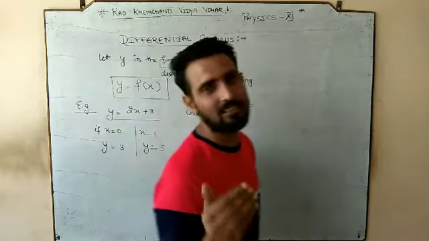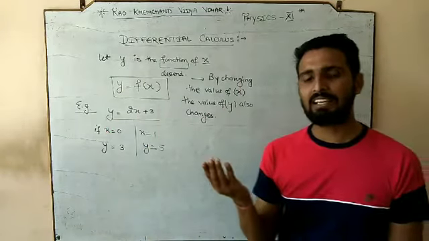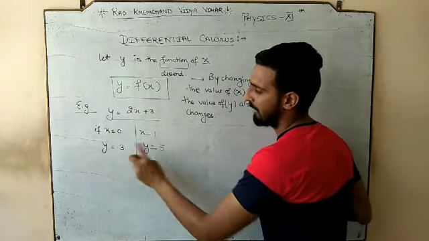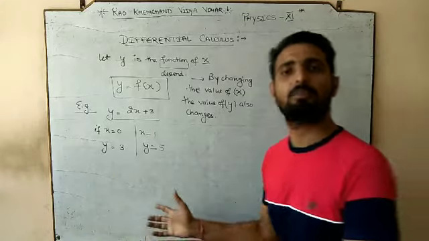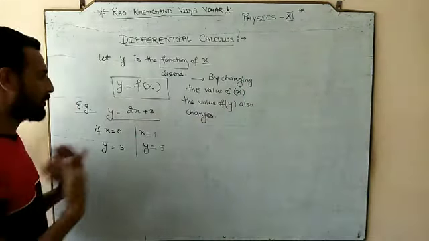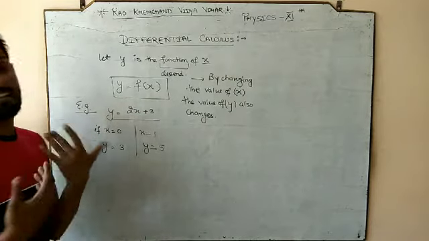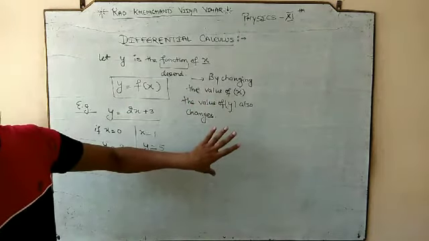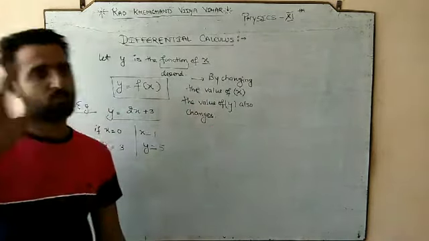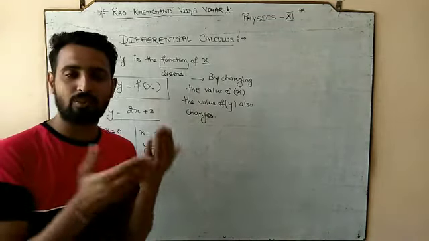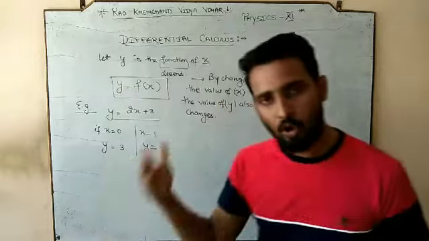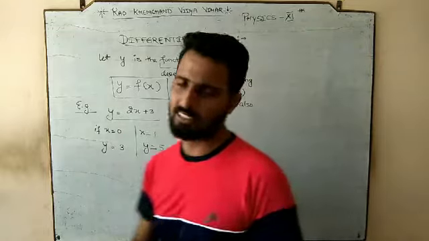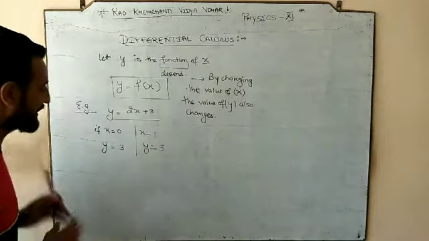How it is depending, whether it is depending directly or whether it is depending inversely, that depends upon the equation. So in this equation, if you increase the x, y increases. That's the great thing. ये अच्छा बात हुआ. But sometimes क्या पता इक्वेशन कुछ ऐसे हो जिसमें x का वैल्यू बढ़ाने से y घट भी सकता है. ये आप लोगों ने बहुत बार ट्राई किया हुआ है. So I am not using that increasing the x, y also increases. I am using that by changing the x, y changes. So how you are changing the x, whether you are increasing or decreasing the x, on that respect how the y changes, क्या पता डायरेक्टली भी चेंज हो सकता है, क्या पता इनवर्सली. So that depends upon the situation. So we will discuss this later on.